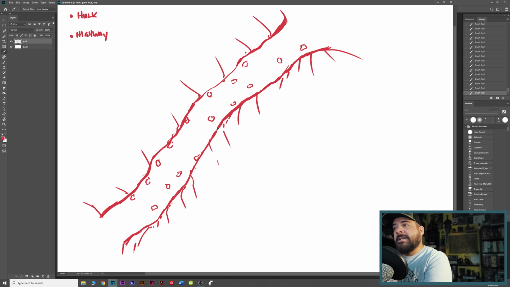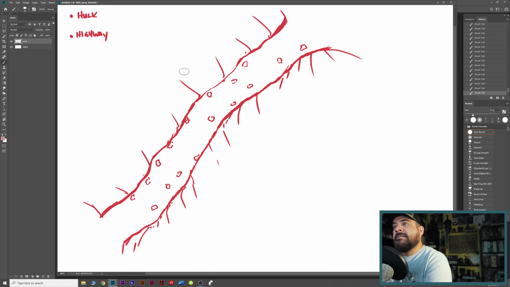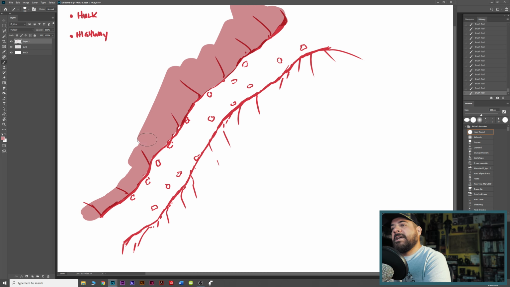So what I'm going to do is I'm going to go like this. And we're going to do a kind of a muted shade. See? We'll just go here. We'll even make it on a new layer. We'll put this layer on multiply so I don't undo any of my line work. See? Go like that. Look at that. And you know how when you're doing it in black and white and you just fill things in gray? You can use that to either indicate perspective or something is at a different elevation. In this particular case, we're just saying that this is